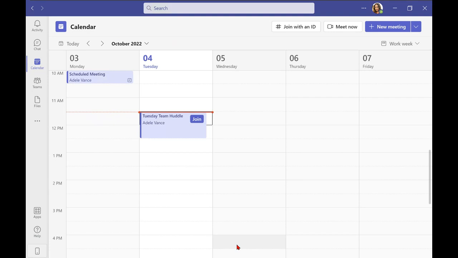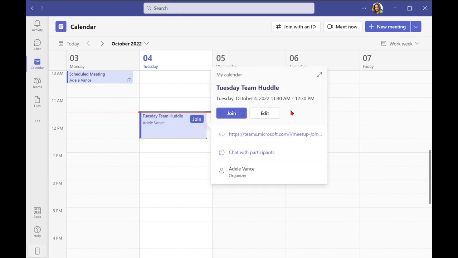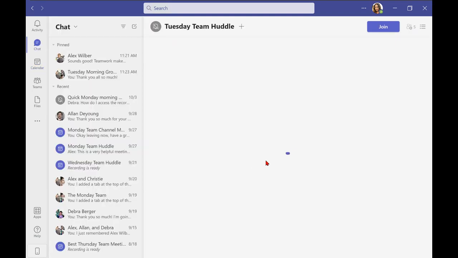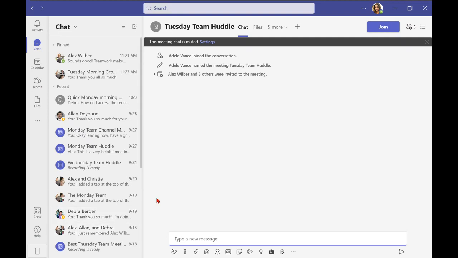And as promised, I'm going to show you a workaround on how to send a file before the meeting. So I can click here and you see the meeting details. There's this option here where you can chat with participants. I'm just going to click that. That's going to open up a new meeting chat in my left panel, excuse me. And I'll just say something like, hey team,